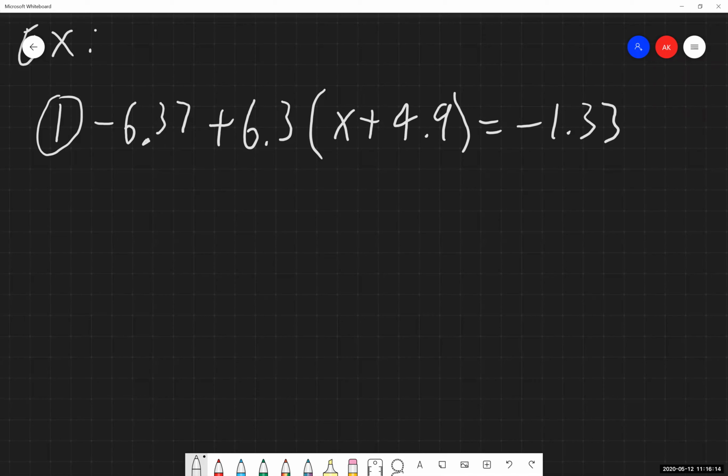So just like we did with our previous problems, we are simplifying the left-hand side of the equation down using PEMDAS, and we're simplifying the right-hand side of the equation down before we start moving things back and forth. So on the left-hand side, I can multiply numbers through there.